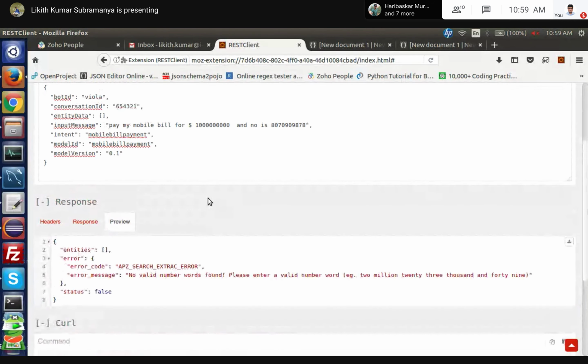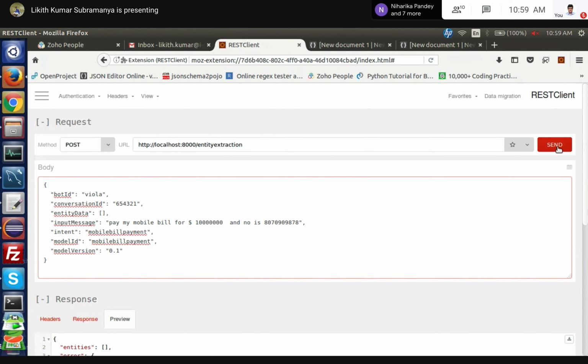Okay, so the thing is, there will be a 10-digit number in the sense amount will be like some trillion. It will be like trillion, right? So trillion will not get extracted. That is one thing which I want to tell you. Trillion is something which is not getting extracted from the amount. So we are using a library to extract the amount. So trillion will not get extracted. Rather, I'll remove the trillion. So it has to extract.